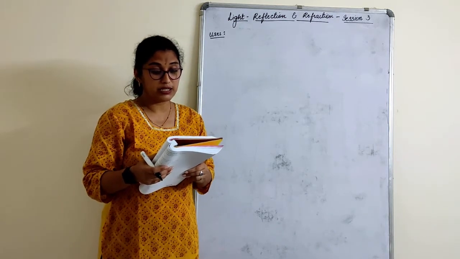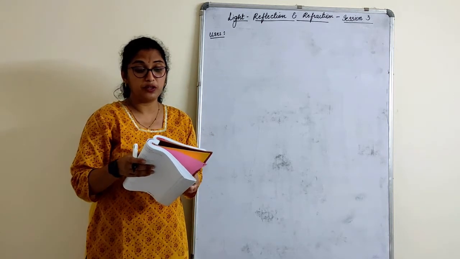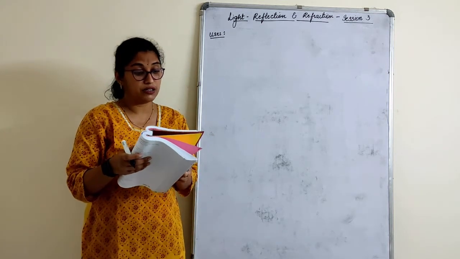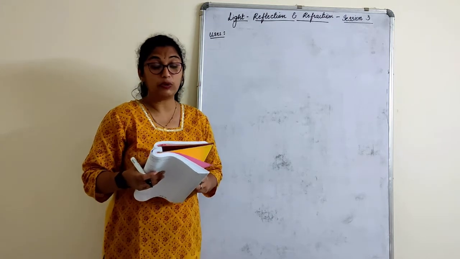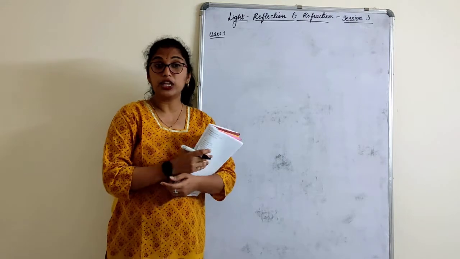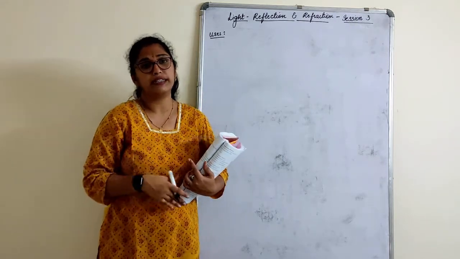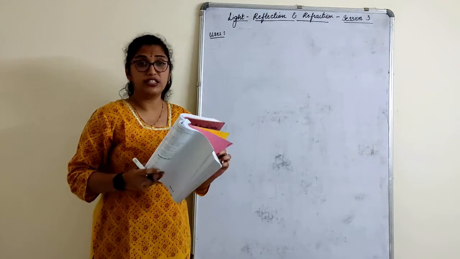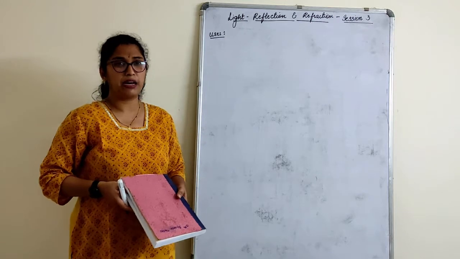Convex mirrors are used at blind turns and at points of merging traffic to facilitate vision of traffic from both sides. They are also used in shops as a security mirror, so that a larger area can be seen and any theft does not take place. These are the different uses of concave and convex mirrors, usually asked for 1 mark, children.